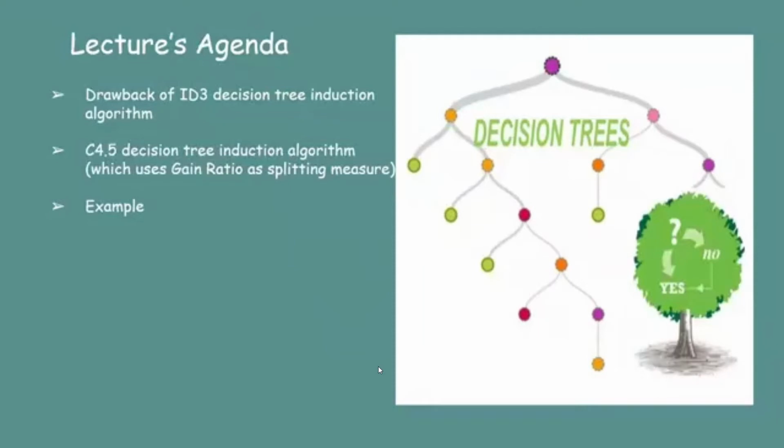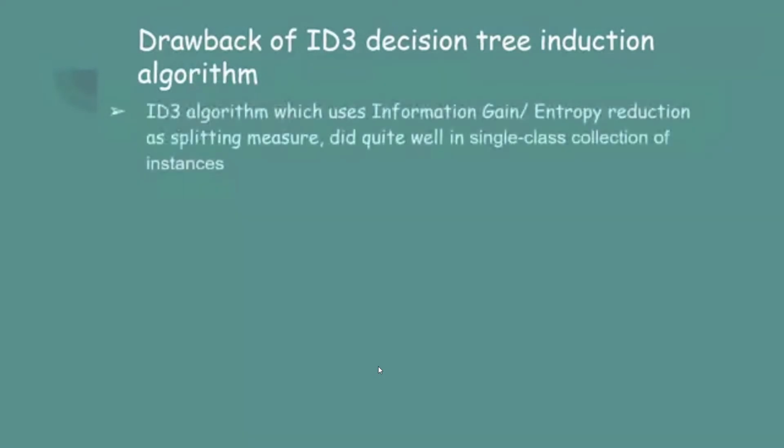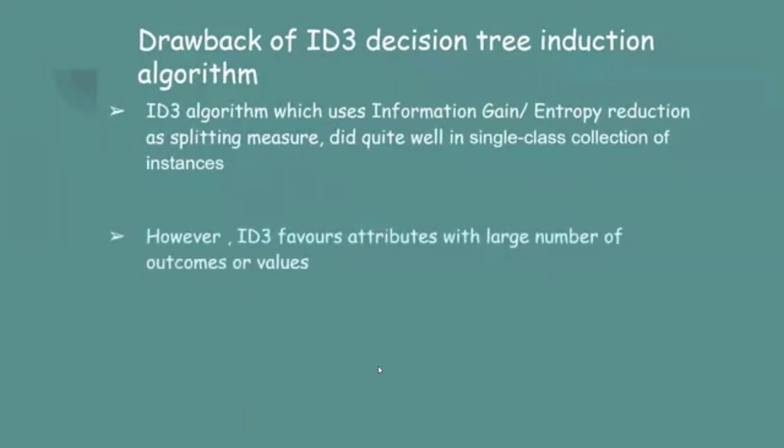And then we would look at an example. So Quinlan did a very marvelous job in framing the decision tree, and he developed both of these algorithms, ID3